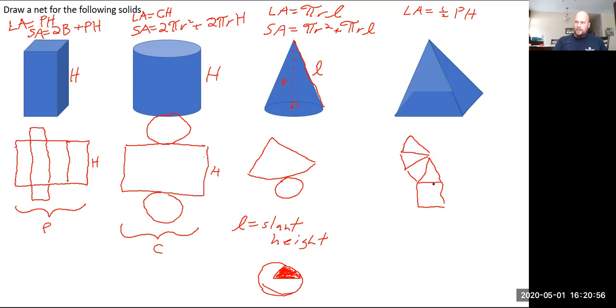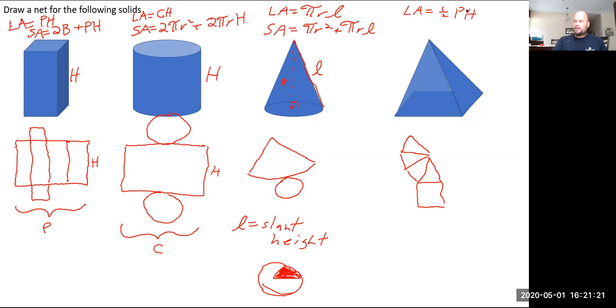The sides of the pyramid are all triangles. Well, what's the formula for area of a triangle? It's 1/2 base times height. Again, just like we replaced the base with the perimeter of the base in a prism, we did the same thing in this equation for a pyramid's lateral area. So instead of having 1/2 BH, this is 1/2 perimeter of the base times height of,